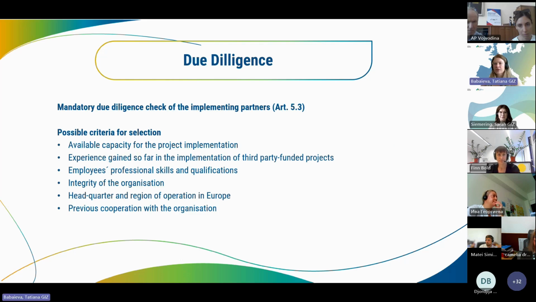As mentioned in Article 5.3 of the potential grant agreement, it's required to perform a due diligence check of the implementing partners. On this slide, we listed possible criteria to perform that check. These are, for example, available capacity for the project implementation, experience gained so far in the implementation of third-party funding projects, employees' professional skills and qualifications, integrity of the organization, headquarters and region of operation in Europe, previous cooperation